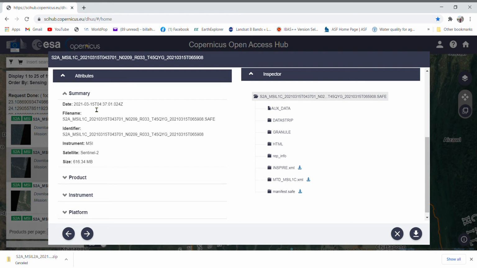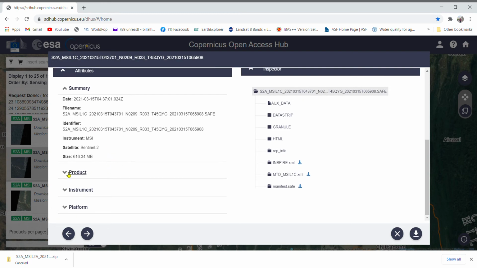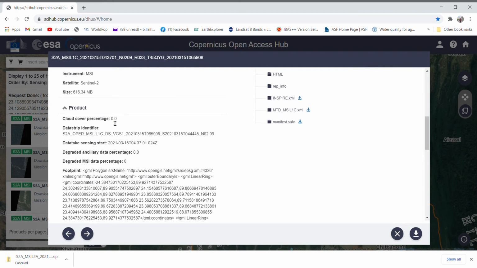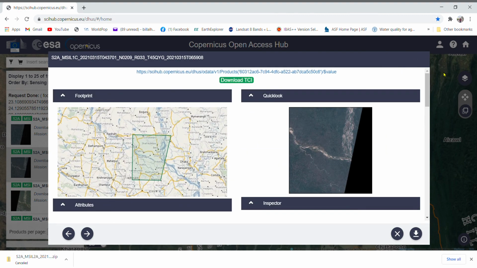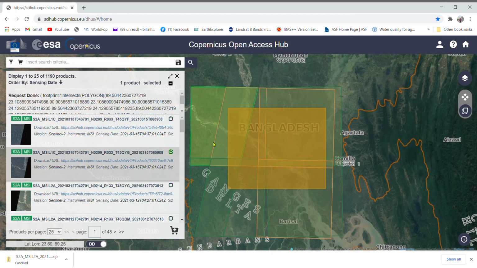This is the size of the data, and you will also get the details of the product. Here you can see cloud coverage is 0. So we can say that this is good resolution data.